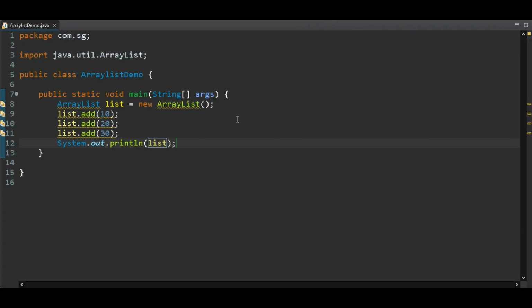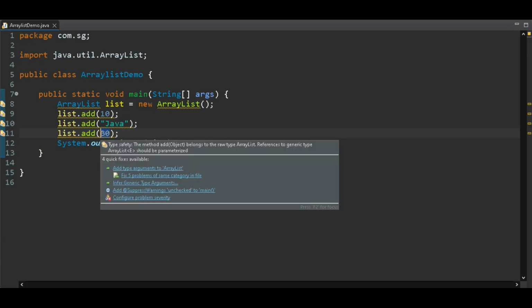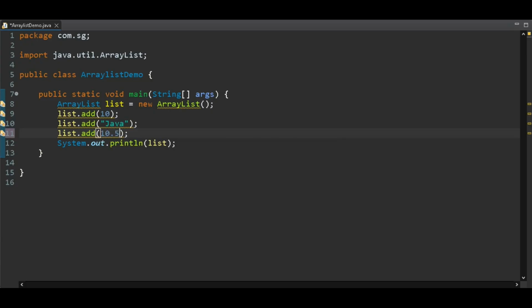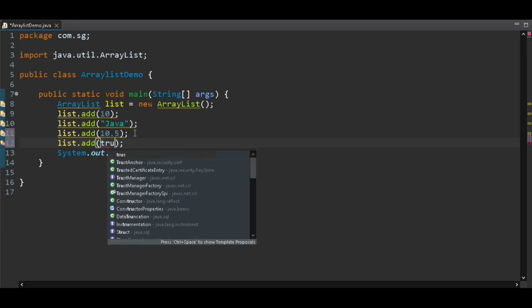If you notice here we have added only integer values to the array list. But now what if I want to add string, boolean and double values to the same array list? So the question comes: can an array list store values of different data types? Let's try it and see. Let's add a string, suppose Java, a double value, suppose 10.5, and a boolean value, true.